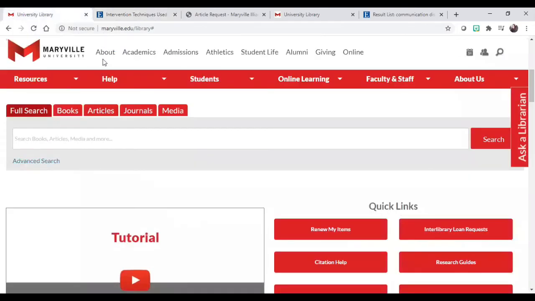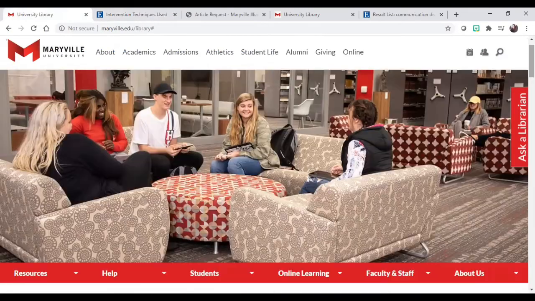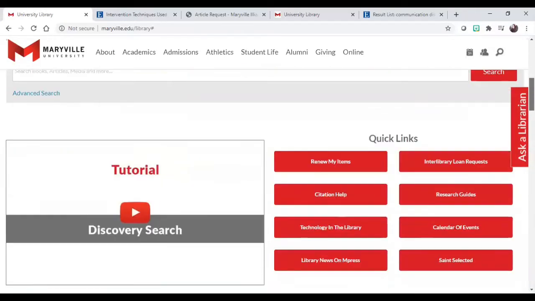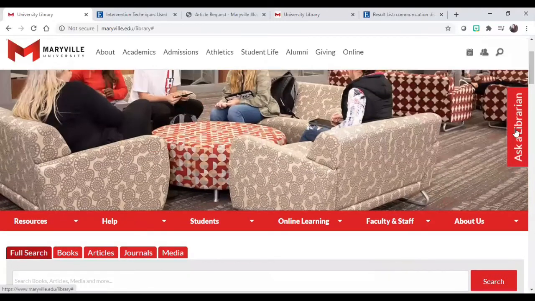So if I jump back here to the library's website, if you do have any questions, never hesitate to use this Ask a Librarian tab on the right side of the screen. It scrolls with you, so it's always there. This brings you to our 24/7 research chat. These are professional librarians that are here to help you with all of your Maryville-specific research assignments. So never hesitate to reach out to them.